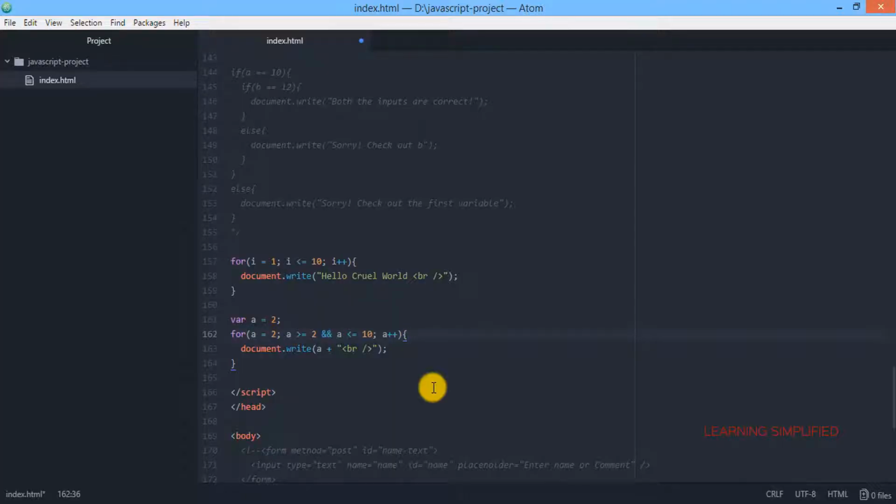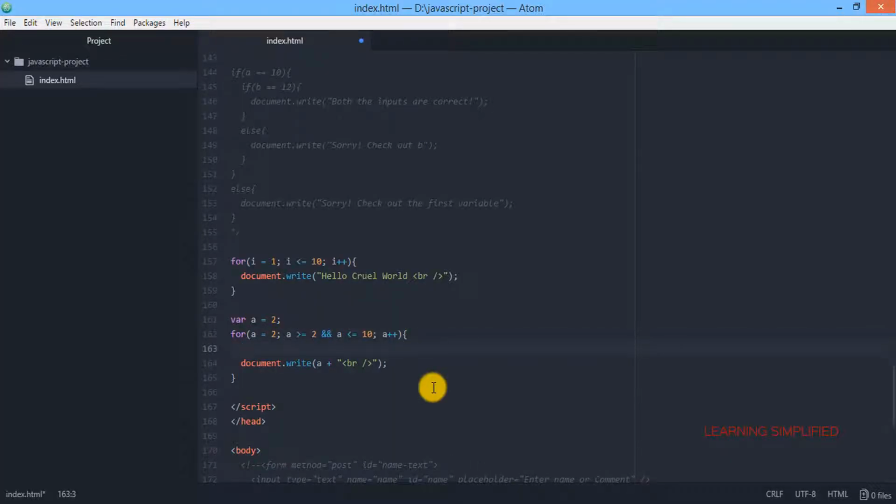Now what will happen if we provide a nested if-else condition over here? Say we want this program to execute up to the sixth value, and whenever the sixth value is reached, at that moment the program stops executing and the loop terminates. So how do we do that?